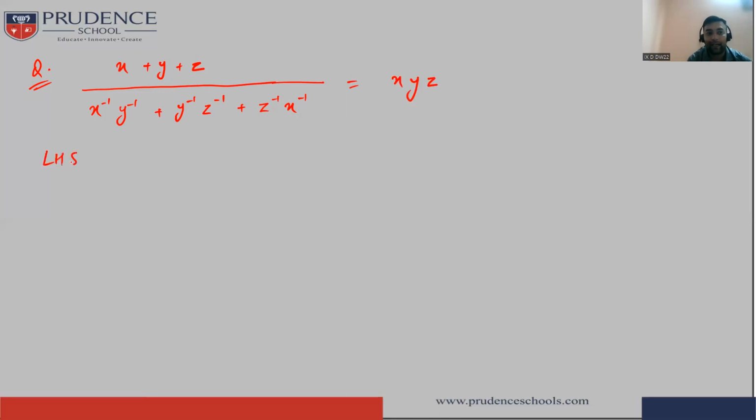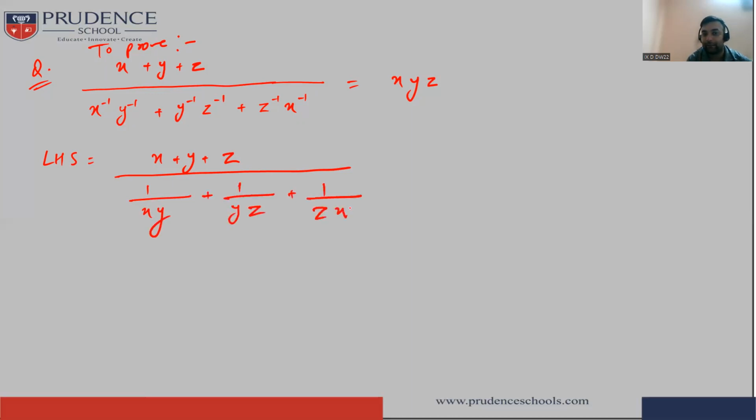So if we take LHS here, because we need to prove this equal to xyz, this will become x plus y plus z, and for these negative powers you have to take the reciprocal of this. So it will become 1 upon xy plus 1 upon yz plus 1 upon zx, and this will be x plus y plus z upon,